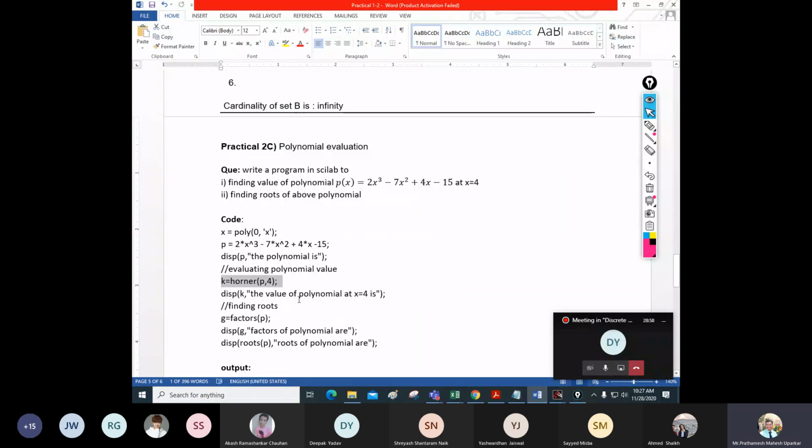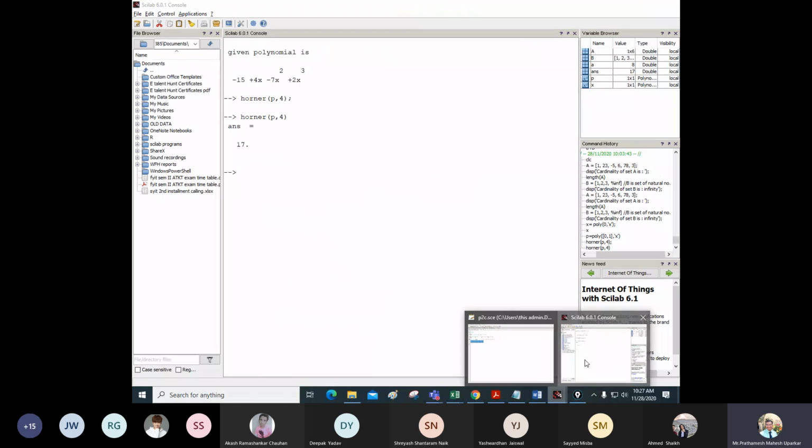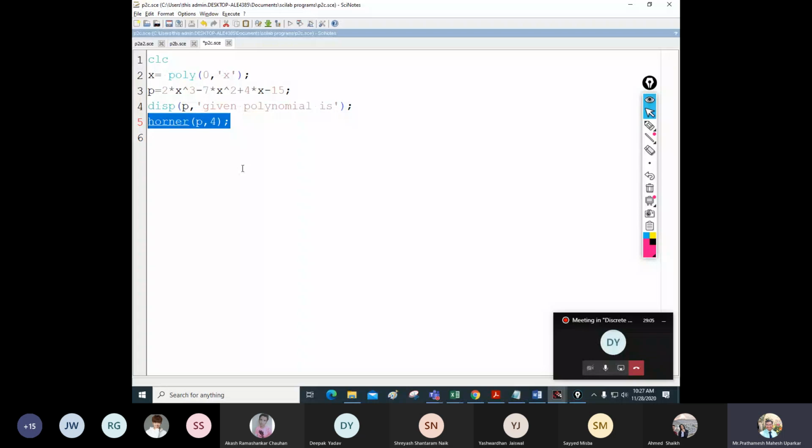What is next? The value of the polynomial, meaning we have to display this value. So I change it here. I will print this, k is equal to this value, and I will again use the display function. I will display the value of k, the polynomial value at x is equal to 4. The polynomial value at x is equal to 4 is,